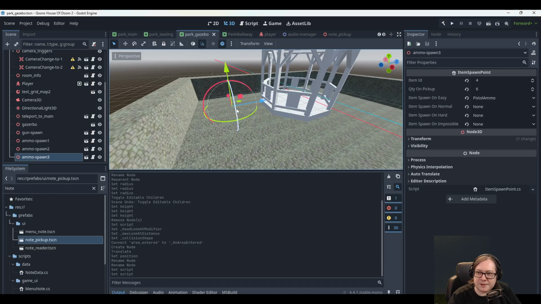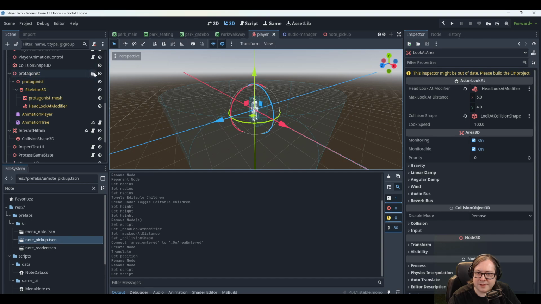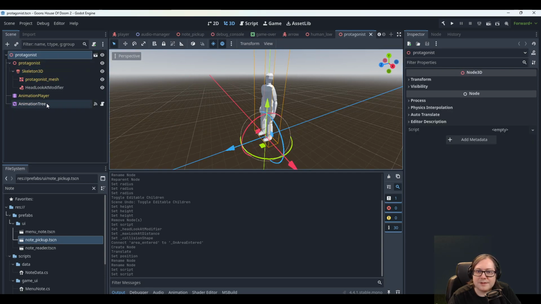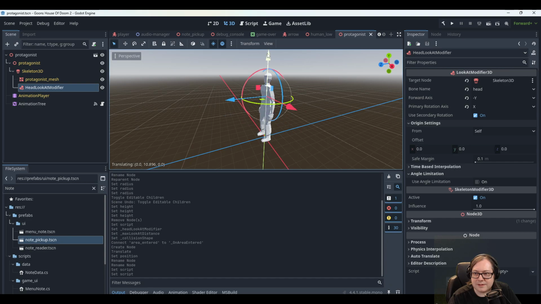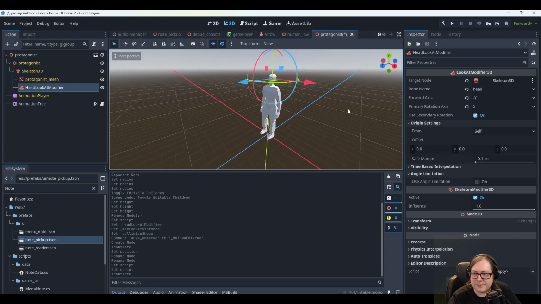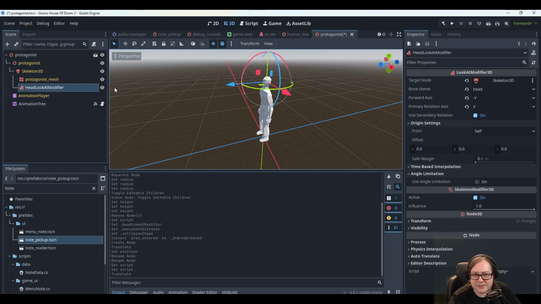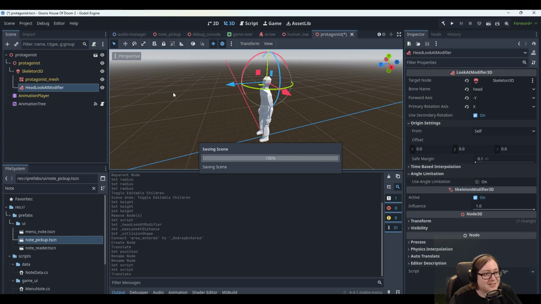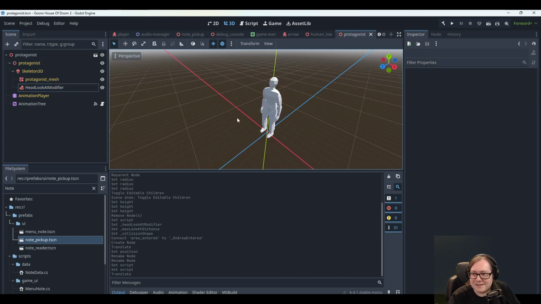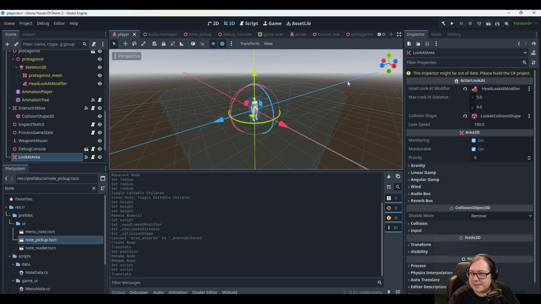Though I guess to be fair, what am I looking at here? If I go all the way into the model, I could just move this here so that it's in place, and now we'll get a better representation of what it's like from their eyes to the object. If I use the bone, I can't move the bone without, you know, moving the bone. So I think that's just a better idea to do it that way instead. All right, now that I've overcomplicated the hell out of this,